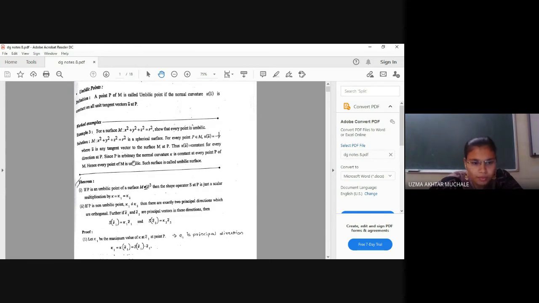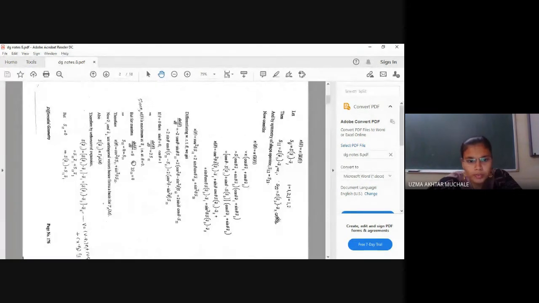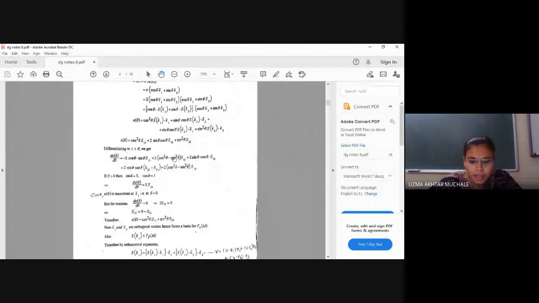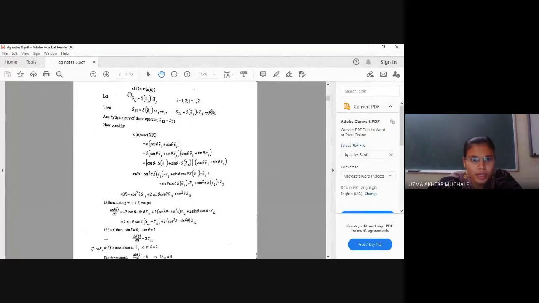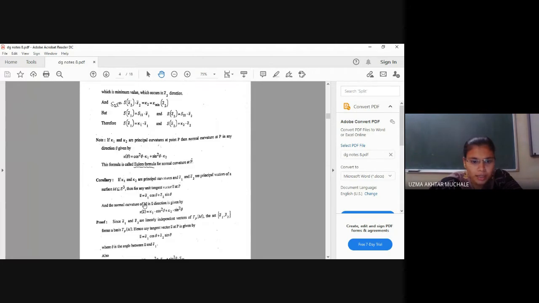Okay. So here you have to go through this theorem, for P umbilic point and P non-umbilic point. No doubt, actually it is not theory for you. So you have to go through this theorem. You can understand this. Simple calculations are there. What you have to do is first write down the value of k, and then evaluate it with u of theta. What is u of theta? It is any vector which can be written as a linear combination of e1 and e2. Then use the definition of the normal curvature, that is S of e1, e1. Instead of u, it is written cos theta e1 plus sine theta e2. Then you have to evaluate the values of S of e1 and S of e2, then you can get the result. Okay,